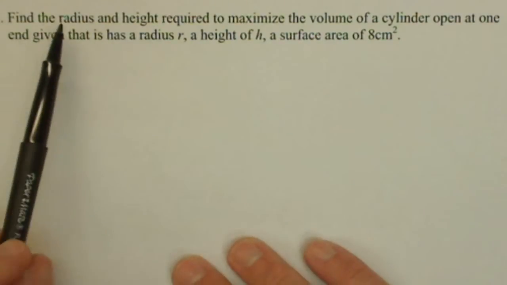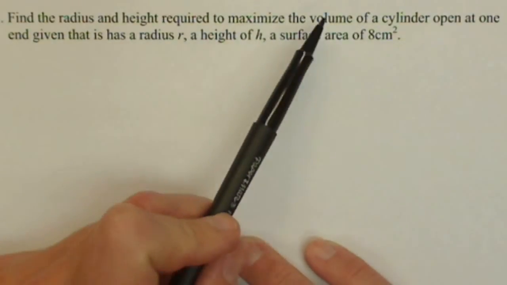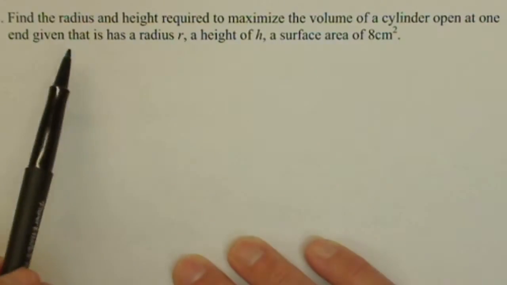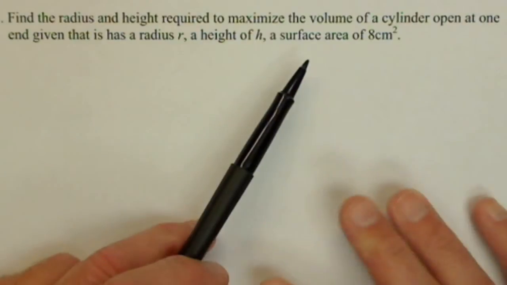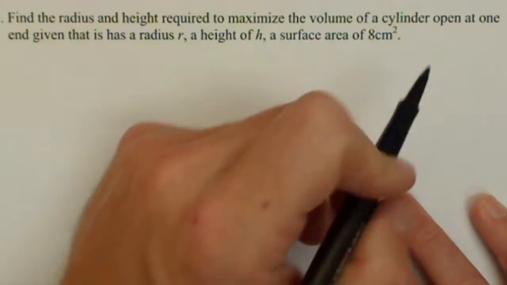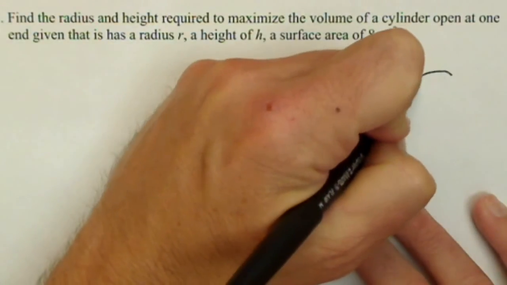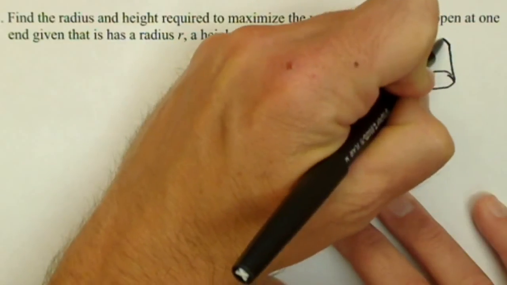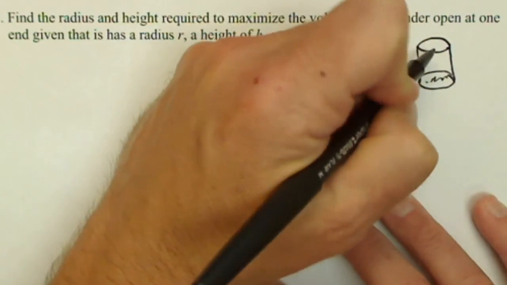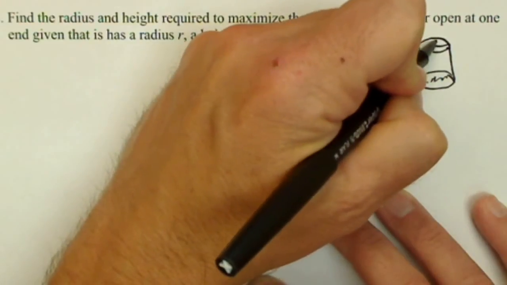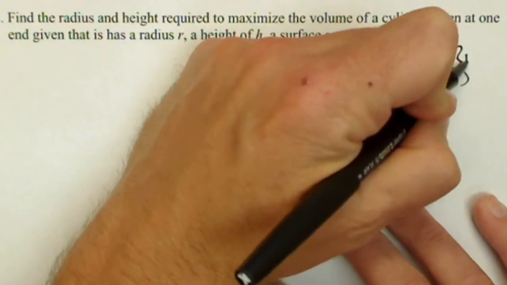So we want to find the radius and height required to maximize the volume of a cylinder that's open at one end, given it has a radius of r, a height of h, and a surface area of 8 centimeters squared. So we have our cylinder here, and let's say the top is open but the bottom's not, so the bottom's part of our thing, and we got a radius and we got to find the height that'll be necessary